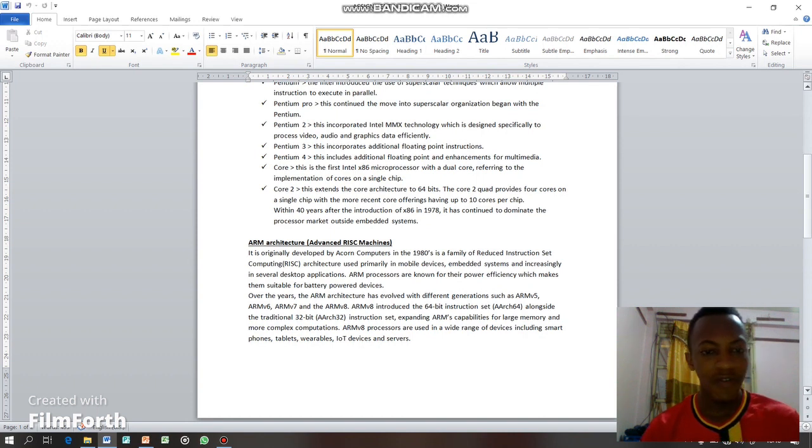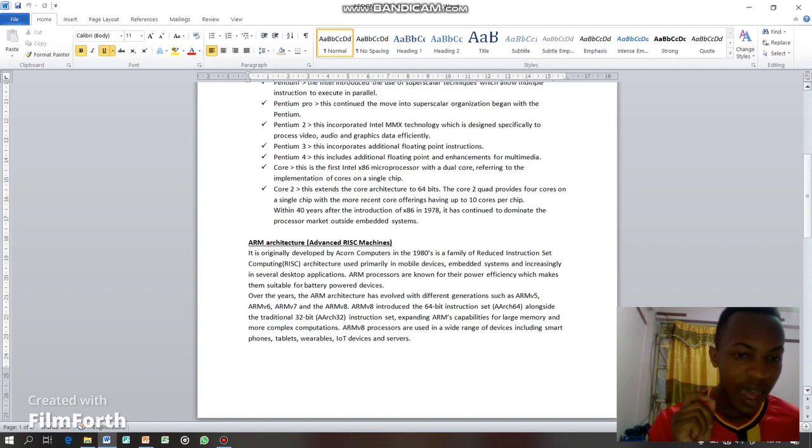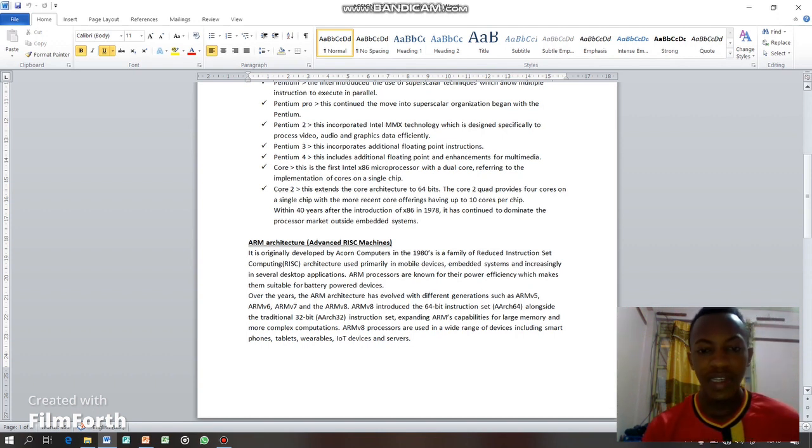Over the years, according to our text, the ARM architecture has evolved with different generations, such as ARMv5, ARMv6, ARMv7, and ARMv8. Moving on, it says that ARMv8 introduced the 64-bit instruction set, which is AArch64, alongside the traditional 32-bit AArch32 instruction set, expanding ARM's capabilities to larger memory with more